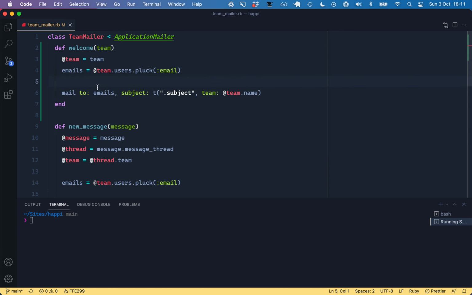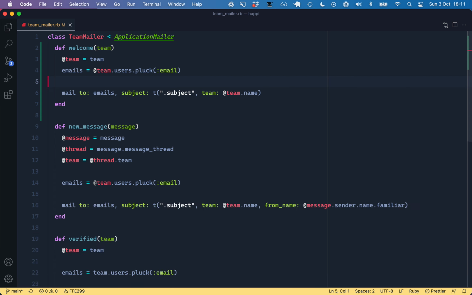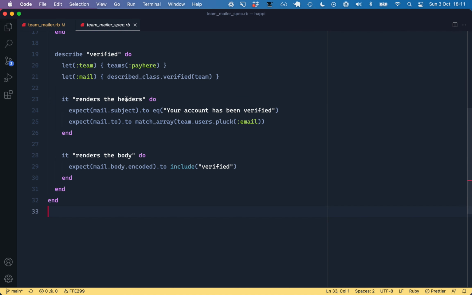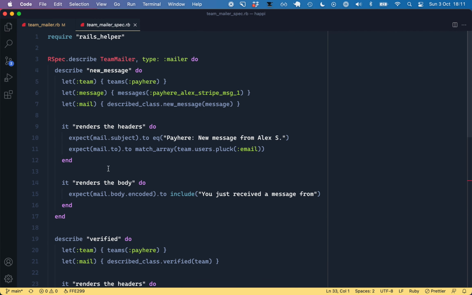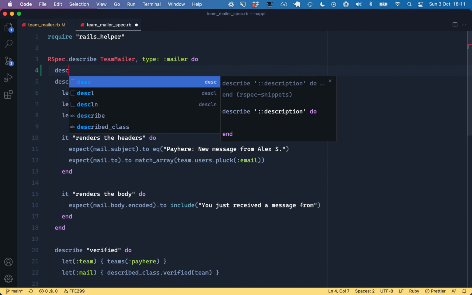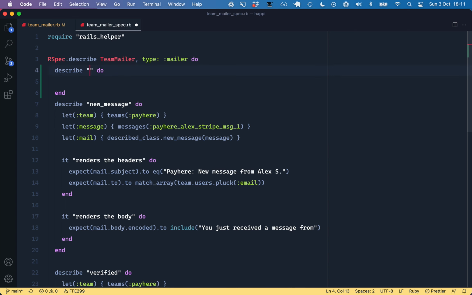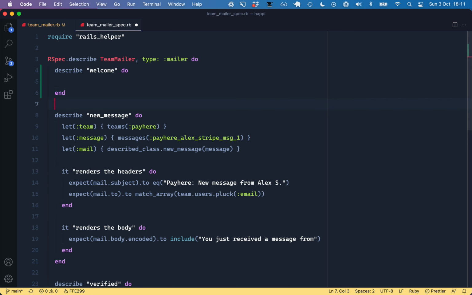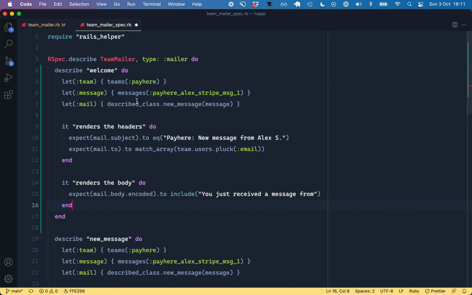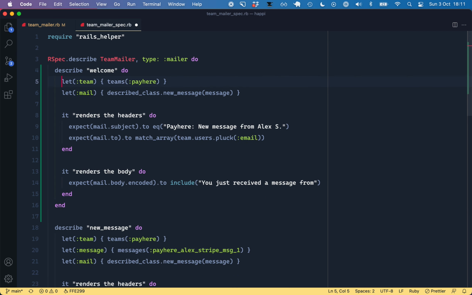And the next thing I want to do is set up a test for this. So I have a little VS Code shortcut. You can just press Command and period, and that'll take you to the associated test. So we can go in here and create a new test for welcome, and then we'll just copy across this stuff from new message and just customize it a bit. So we won't need a message, we will need a team however,